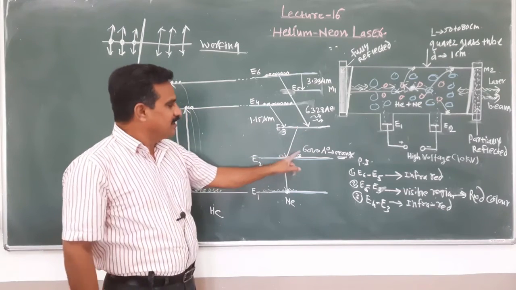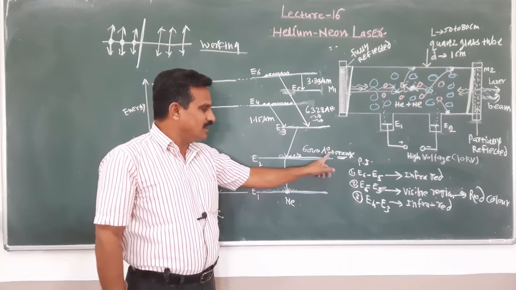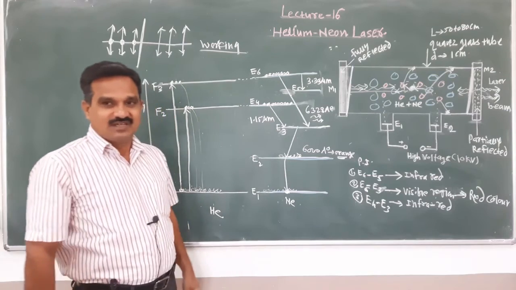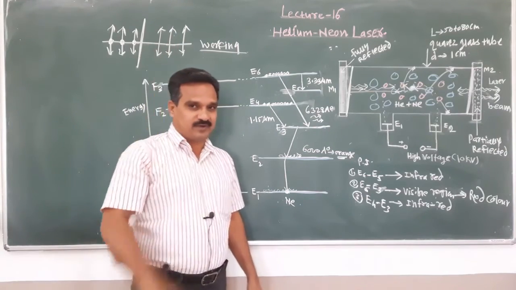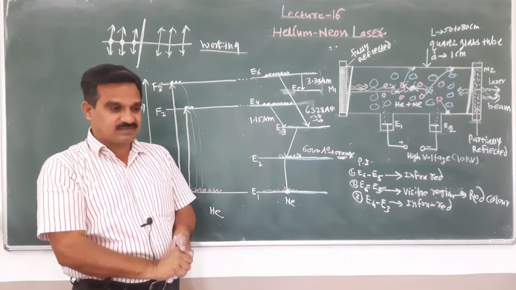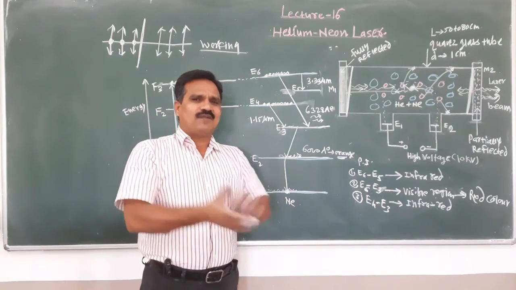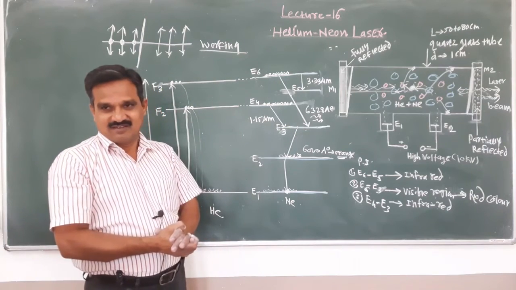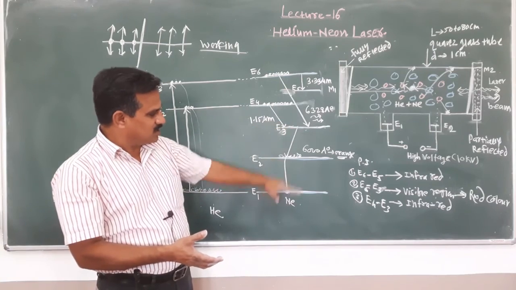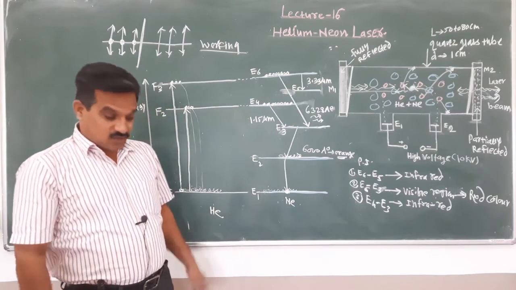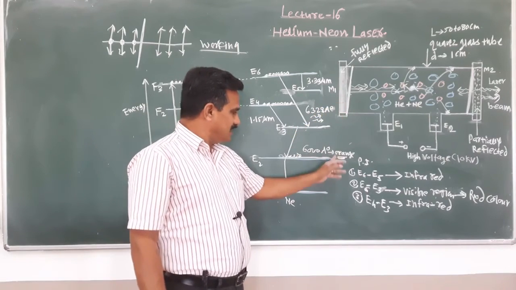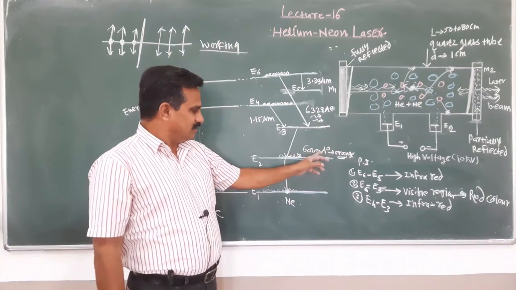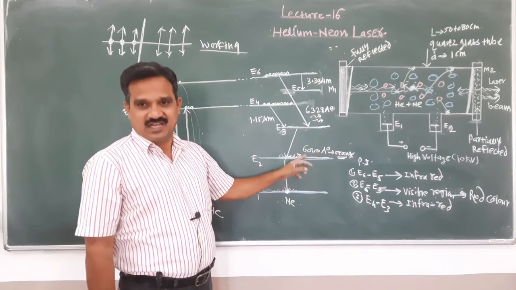And when there is random decay, it emits a photon in the range of 6000 angstrom, and the color is orange. This is the orange neon lamp. In orange neon lamps, the electric supply is applied in such a manner that the electron is excited only up to this level, and below this level we get an orange color. Students are confused: here is a red color and here is an orange color. But that is spontaneous. As compared to the red color, its intensity is very low.